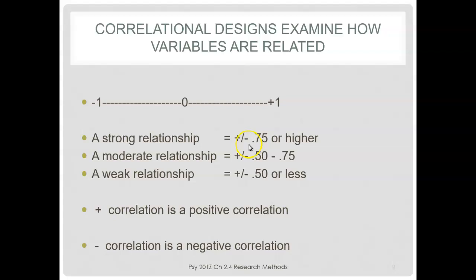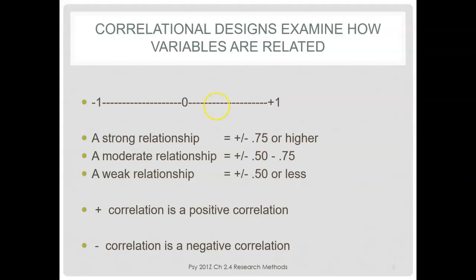So if you have something that is positive 0.7 or higher, that's a really strong correlation. If something is 0.5, either way, plus or minus 0.5, that means there's a moderate to weak, but a weak correlation is 0.5 or less. Anything at 0.5 or less is really just, it's not very